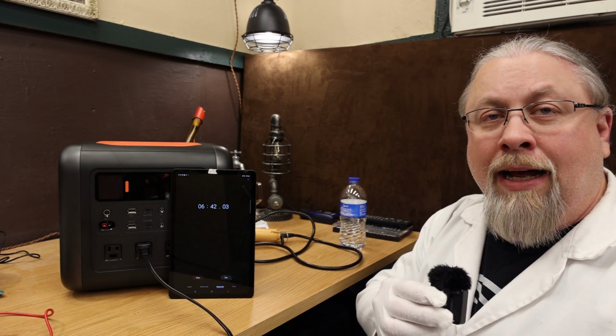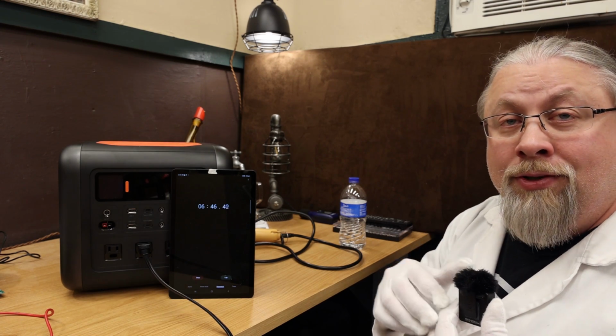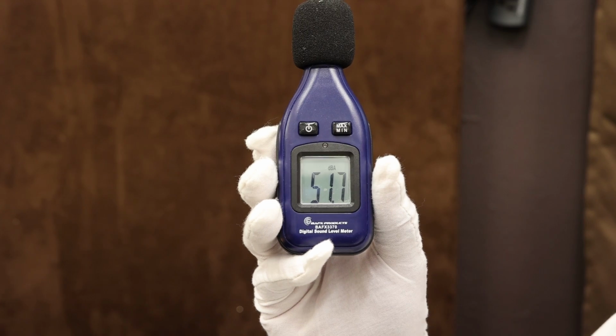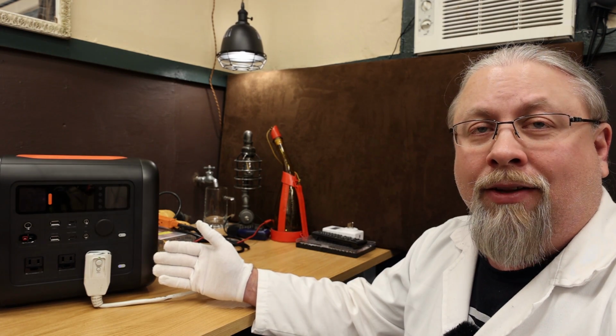It's a very quiet, very pleasant fan sound. It's not anything at all that you would consider intrusive or annoying. It just kicks on for a few seconds here and there. Somewhere around 51.5 decibels. Now, I know if I don't do this test, I'll never hear the end of it,